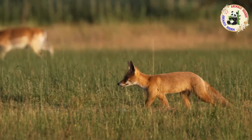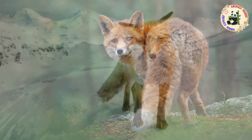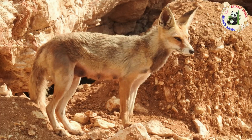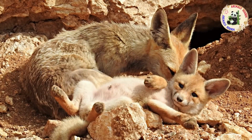Though much of their range is found in temperate zones where they occupy a wide range of habitats, including forests, grasslands and mountainous terrain, in addition to urban and agricultural areas, there are some subspecies of red fox found in vastly different habitats. At the southern end of their natural range, several subspecies occupy the arid areas of the Middle